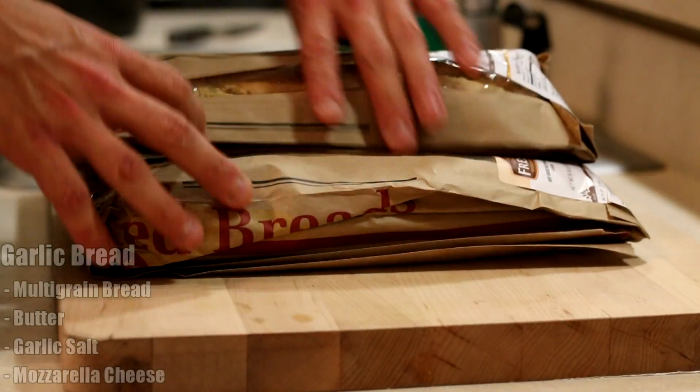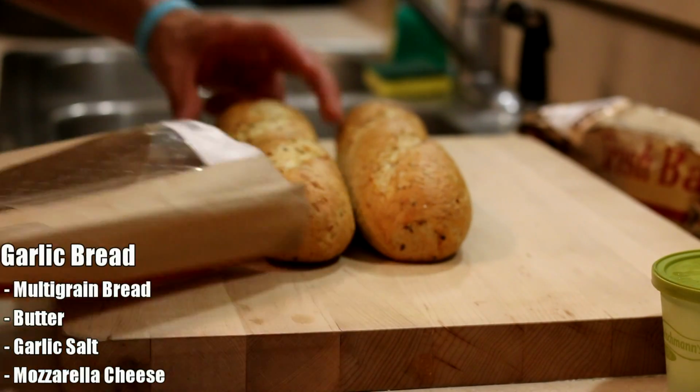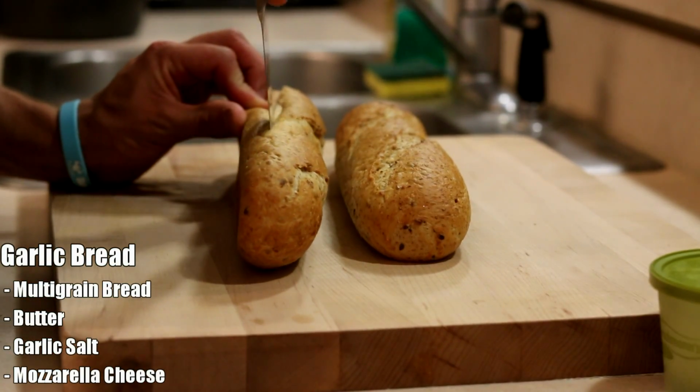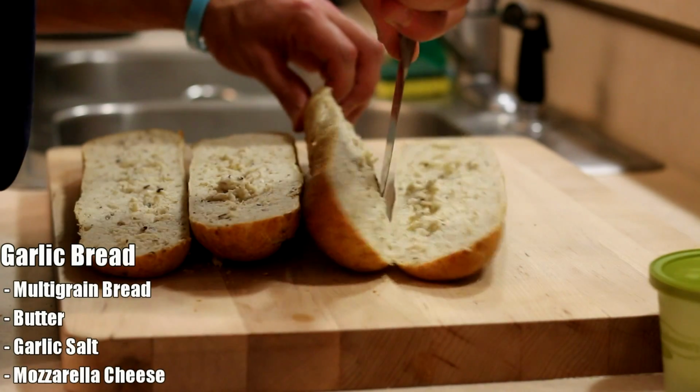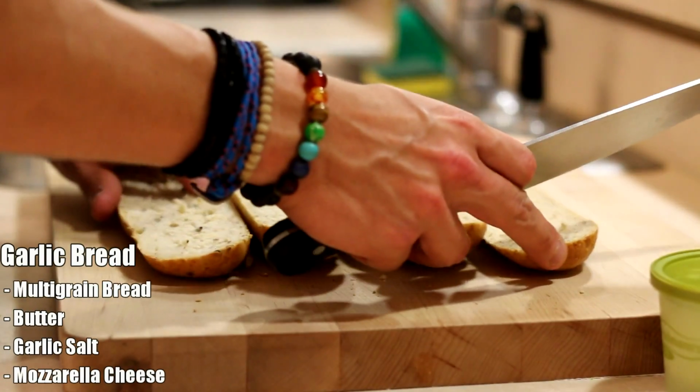And now on to the homemade garlic bread. There are so many new recipes in this video. I have never made this before either, so I'll probably make some tweaks later, but this one came out pretty well. I just have multigrain bread,